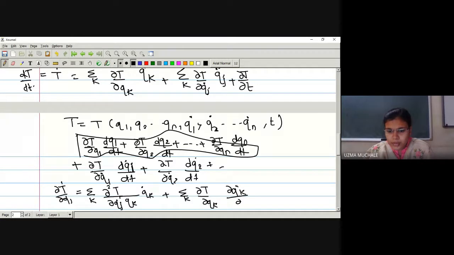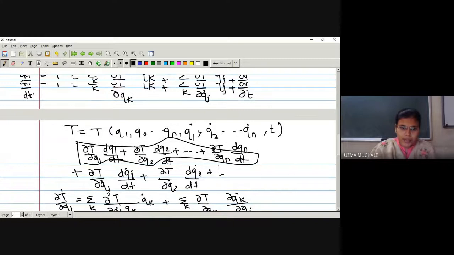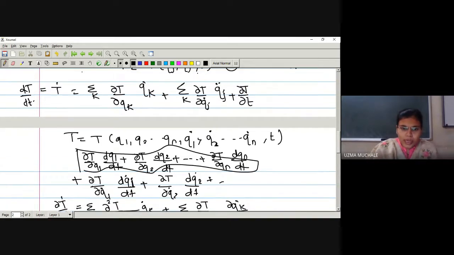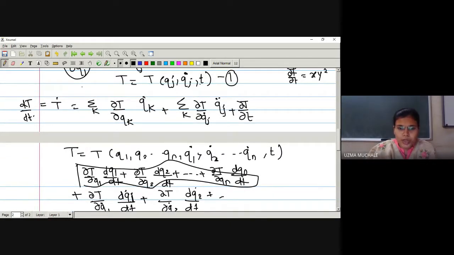Now we will evaluate the derivative of q_k dot with respect to q_j dot, right? So first we have evaluated the derivative of the first term. In a very similar way, we have to evaluate the derivative of the second term. While evaluating it, as I told you, T is a function of q_j dot and t. If you differentiate capital T with respect to q_j dot, what is the resultant term? ∂T/∂q_j dot will again be a function of q_j dot and t.